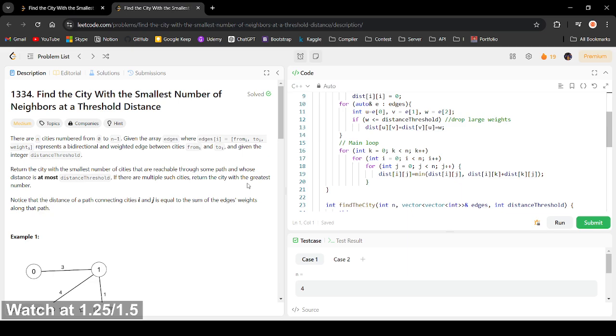And the question is: find the city with the smallest number of neighbors at the threshold distance. Looking at the question, the questioner says that there are n cities, numbered from 0 to n minus 1, like an array, and given the array edges, which means a vector of vectors. In the first vector, the first element is the